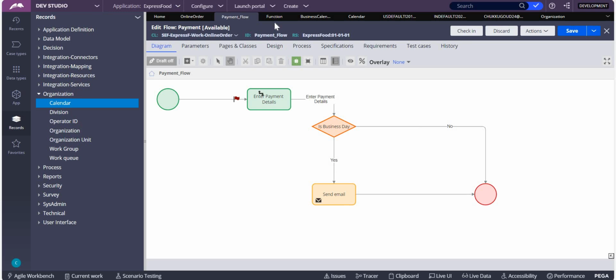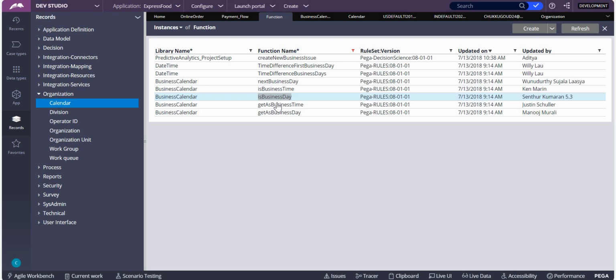So how do we restrict such things? For that, Pega has given you certain functions like is business day and is business time. Based on those functions, you can use them based upon the requirement. Our requirement over here is whether it is a business day or not. If it is a business day, send it. If not, don't send it. For that, what you need to do first is create one